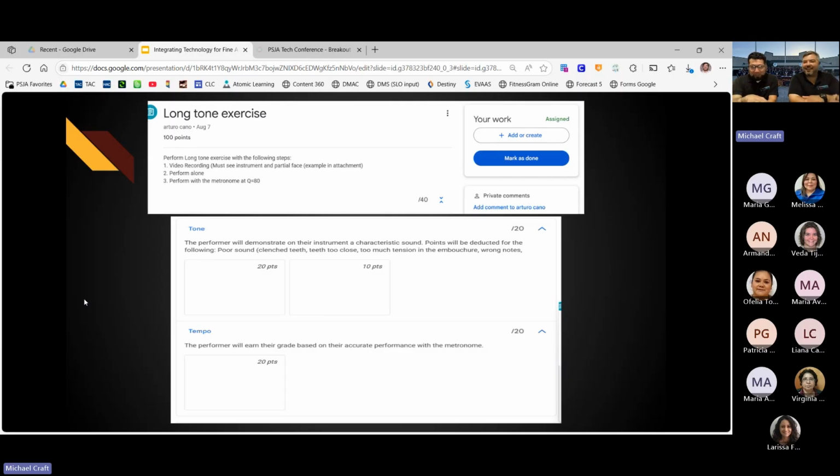So I stopped real quickly because I was really geeking out. Man, we could do so much here. Right there on tone, I had the boxes at 20 points, 10 points. For the students to earn that top box, they had to play with correct posture. They had to sound like a clarinet or a flute and not sound like anything else. To go to the next box, the 10 points, a little bit lesser tone. Maybe they have some air issues, embouchure issues. And if there was a third box, the kid would only earn 5 points. They probably demonstrated poor tone, poor posture, poor embouchure. And then we give feedback here at the bottom on how to improve on that.